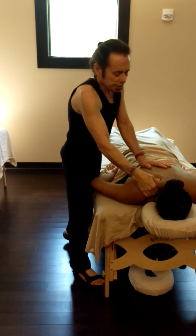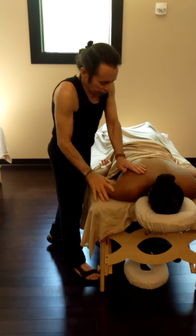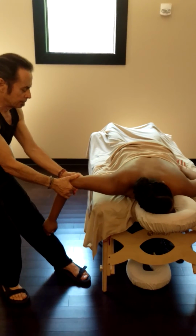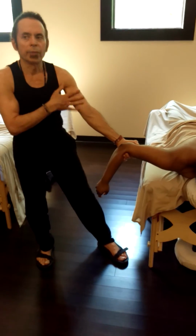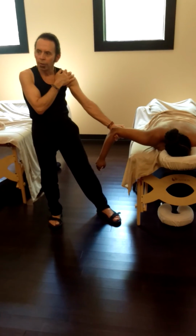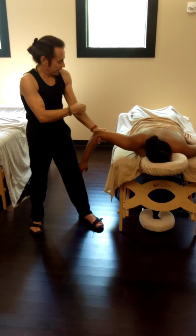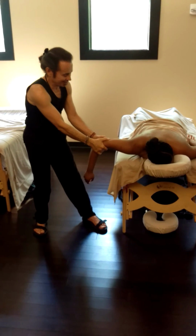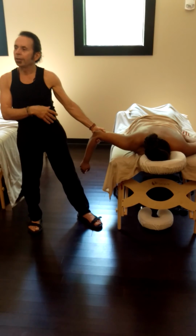So just some nice movement here, right? Just to get some gentle loosening. And I'm always conscious of using my body weight, because that takes the strain off of my upper torso. When I'm using my body weight more, my shoulders stay down more. Because if I'm doing this same move, shoulders go up. This tightens, this tightens, this tightens. My head tightens. My brain tightens about it because it seems too difficult. Don't want it to be hard. I want to be free so I can focus on the work and my